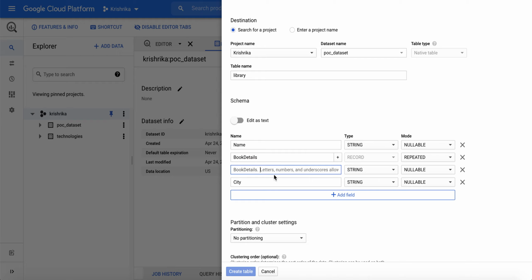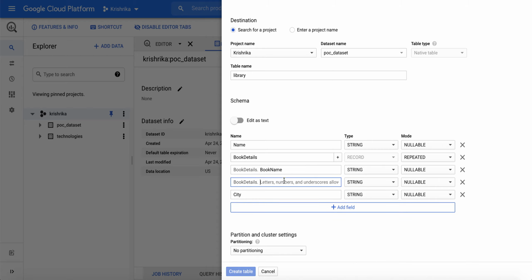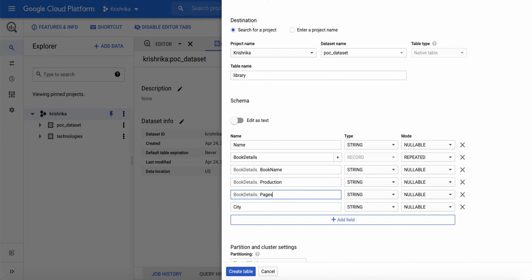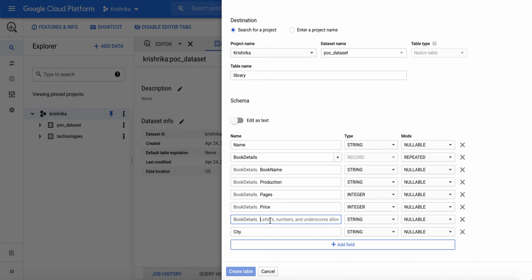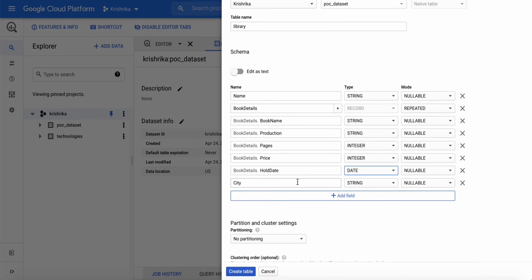It can be book name, string, then production, which will be the production house, then number of pages, we can have integer, then price, again for example integer, and last is hold date. It can be the date when this person actually held this book in the library.